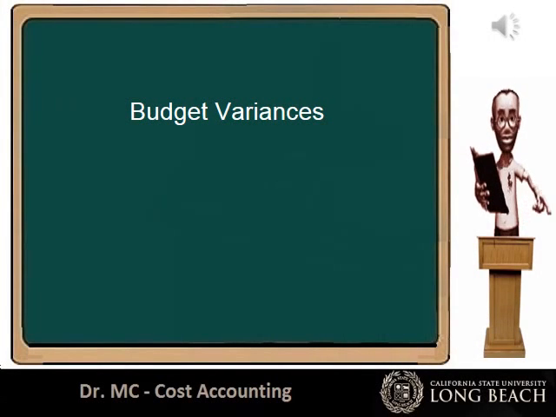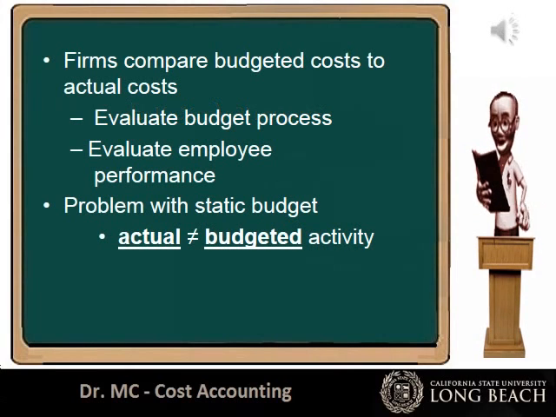In this lecture, we will discuss budget variances. Firms compare their actual costs for a given period with the costs that they budgeted at the beginning of that period. This is important for two reasons. First, budgeting is very important for the efficient running of a firm. By comparing actual results to budgeted results, a firm can evaluate its budgeting process and try to figure out how to improve that process. Second, calculating budget variances is an important tool used in evaluating the job performance of different